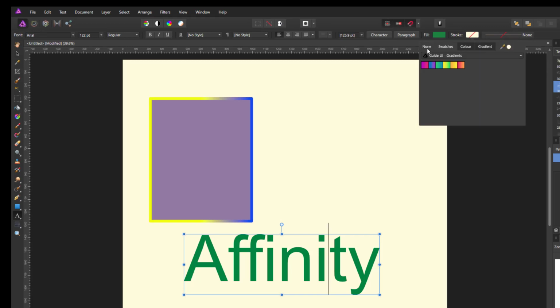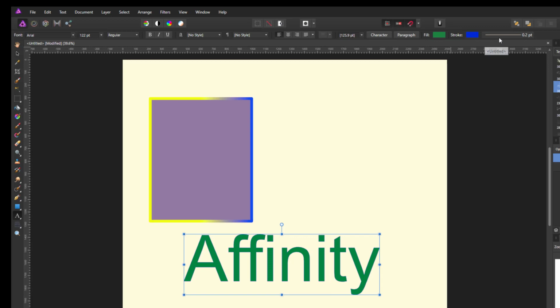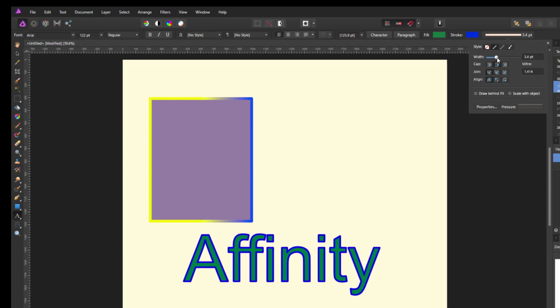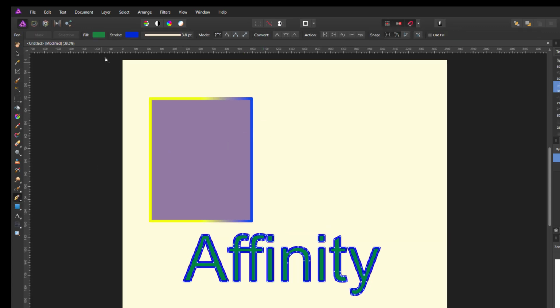Click inside this and change it from none to a color. Let's go for a dark blue, and because it's very low at the moment, 0.2, you can't really see that, so let me just increase the width of that stroke so you are affecting the letters that way. So as you can see, it works on shapes and it works on letters. It should work similarly on the pen tool, because up here you can see the fill and stroke have moved back over to the left side,